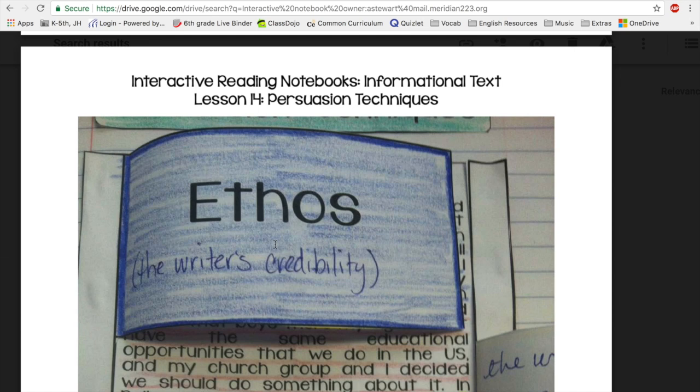For example, in our extreme sports passage, the author quoted Jet, a kid that actually got hurt, or Caleb, a kid that actually got hurt. So whenever a writer quotes someone else and that person is credible and they show that they know what they're doing, that adds ethos to the paper, and it's a good thing.